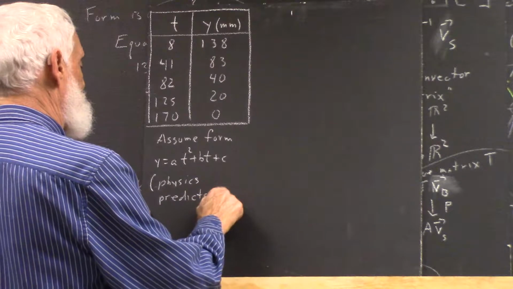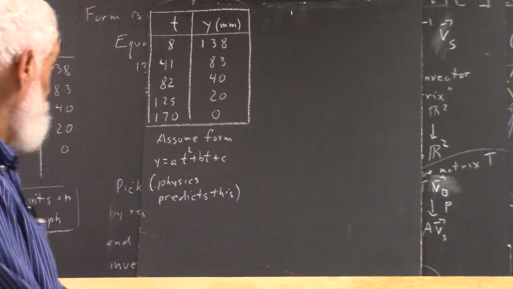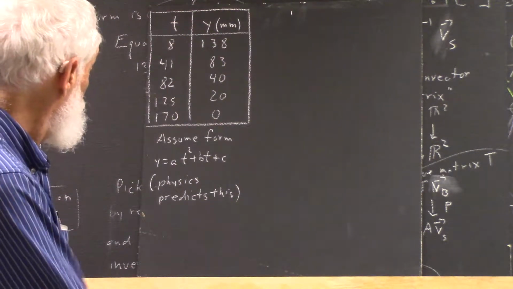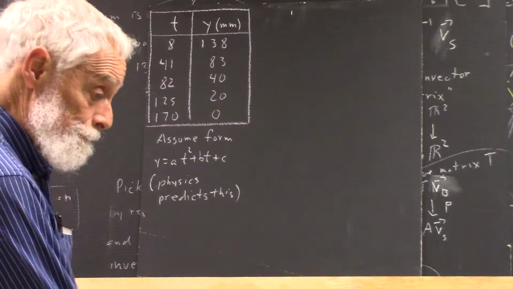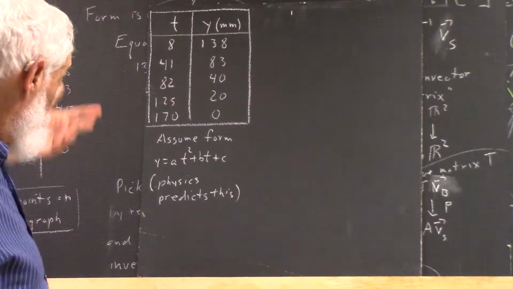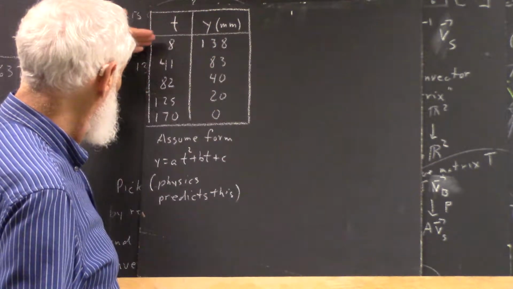predicts this. For an ideal fluid. Now, we don't know to what extent maybe water is ideal, but there we have it. So the analysis that everybody's been asked to do is to first write down the equation corresponding to each row,